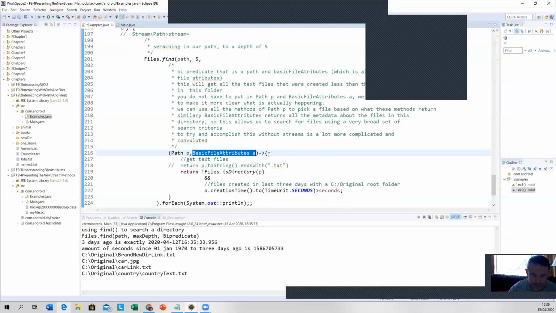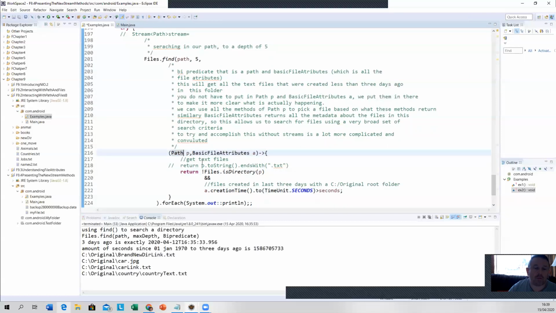Now, first we go, so return files is directory. It's going to check each path: is it a directory, and is it not a directory? If it's not a directory, it's a file. So return true if a file